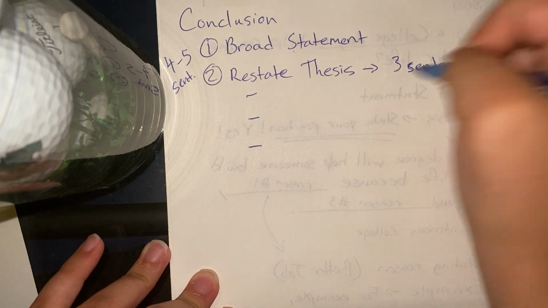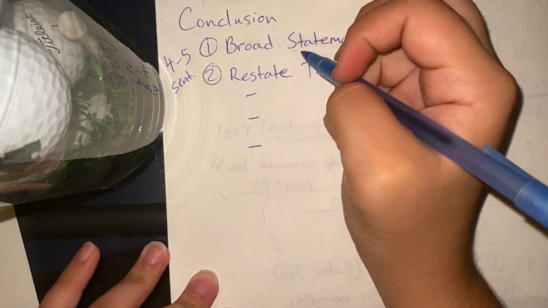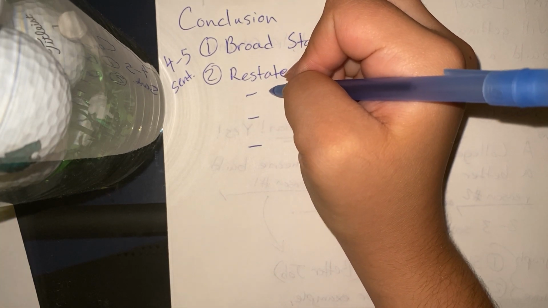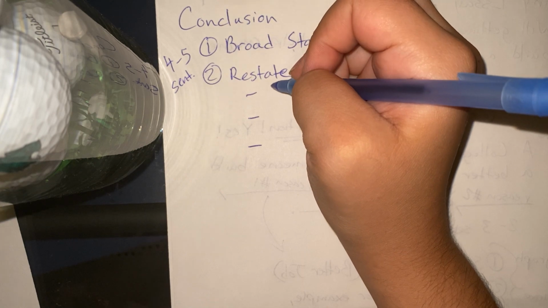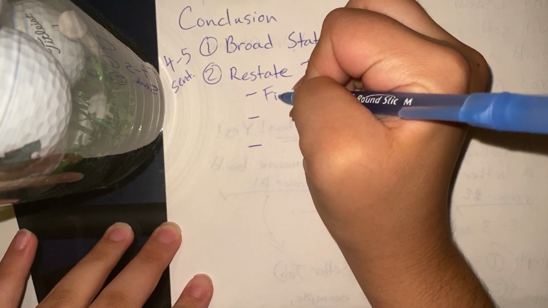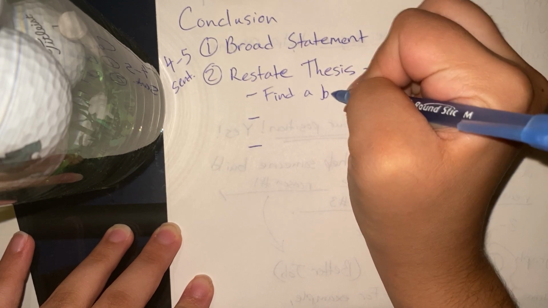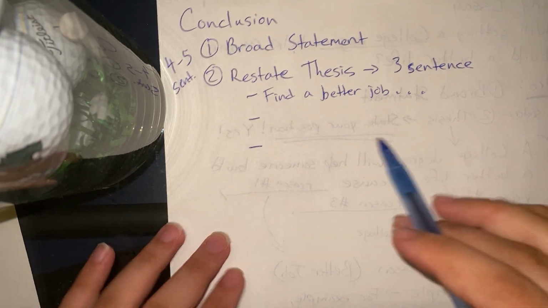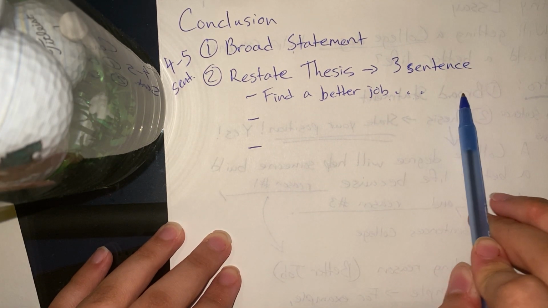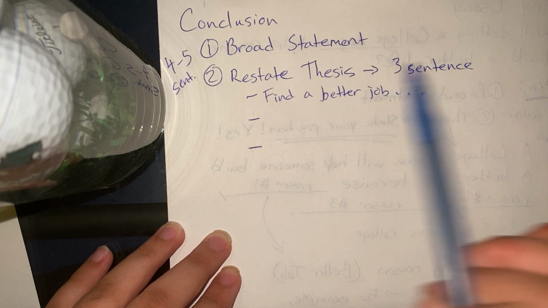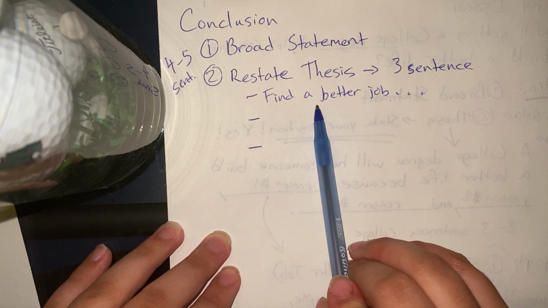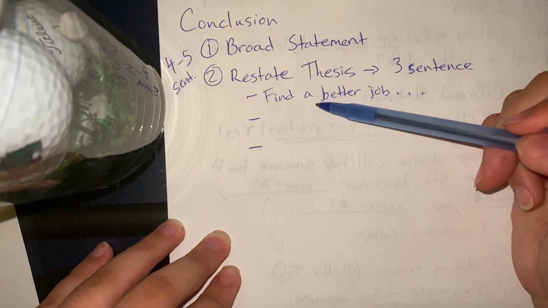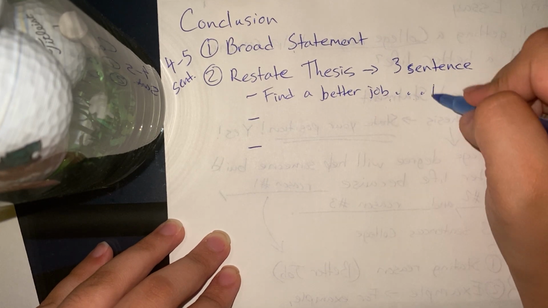So how I said this, I said find a better job, right? So I would say, in a different way than what you said in the other paragraphs. There should never be 2 sentences that are the same. So finding a better job, for me, I would say finding a better job is easier when having a college degree because it opens up many more opportunities due to job requirements, period, right? You covered reason 1.